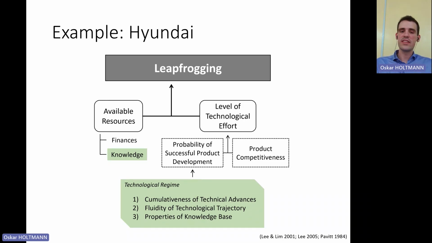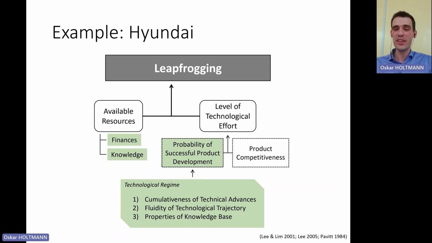So in all of these areas, basically, we have a high probability of successful product development. We have the available knowledge. The government didn't have to do anything, because for Hyundai, that decision was pretty clear that the investment should take place, and the finances were also available for a big company like that. The only thing that was